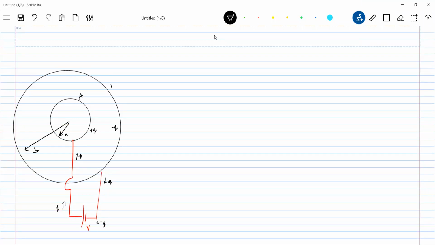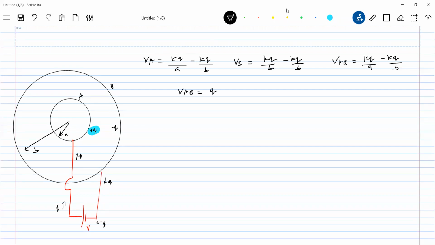We'll call this A, this B. So the potential difference: VA is equal to KQ by A minus KQ by B, and this is KQ by B minus KQ by B. So VAB is equal to KQ by A minus KQ by B. And I'll replace this with an equivalent capacitance. The charge on the inner surface of the positive plate should be the charge of the capacitor. So VAB should be equal to Q by C,